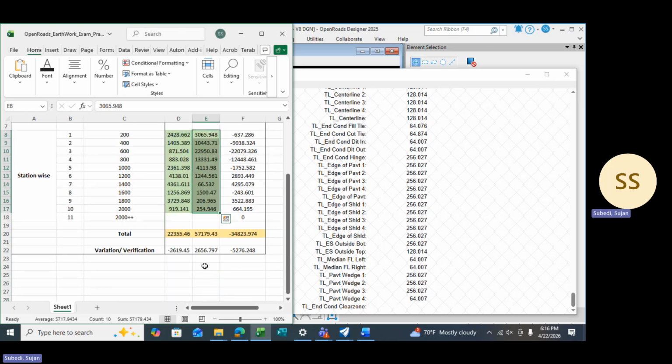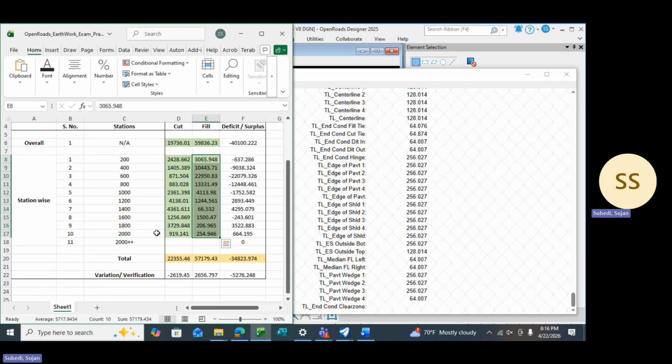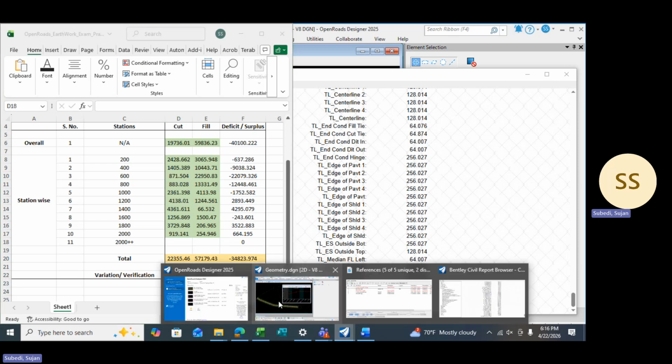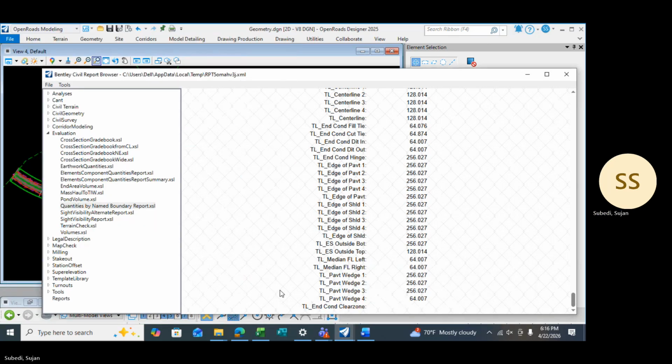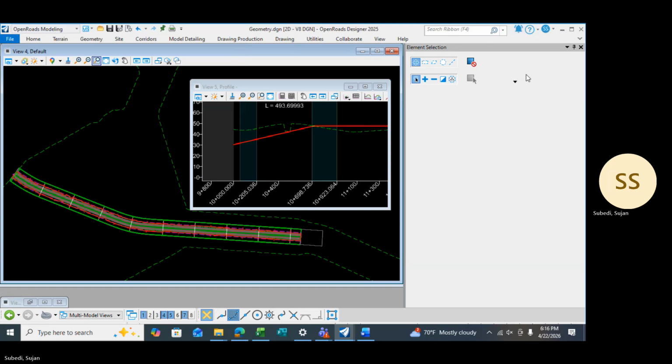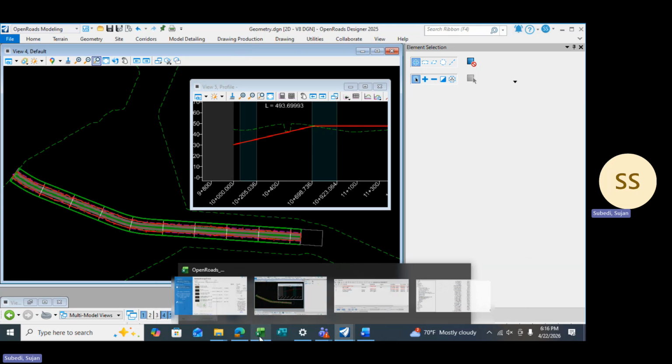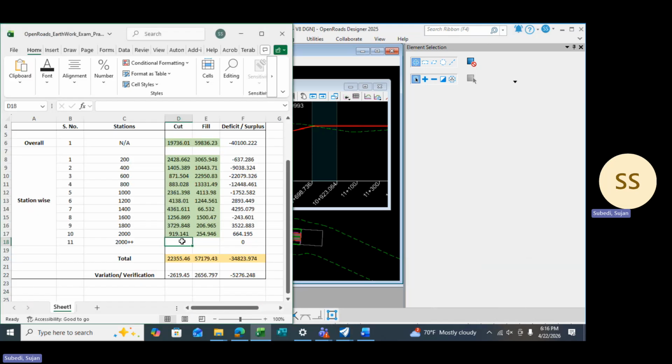there was a huge difference, right? So this should have matched here, but the reason there is a difference is because there is some volume here at 2000 plus, which is basically over this area. So we don't have the volume for that. So for this exercise, what I would want you to do is